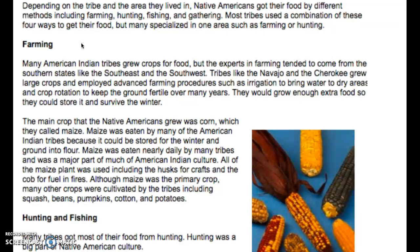They would grow enough extra food so they could store it and survive the winter. The main crop that Native Americans grew was corn, which they called maize. Maize was eaten by many of the American Indian tribes because it could be stored for the winter and ground